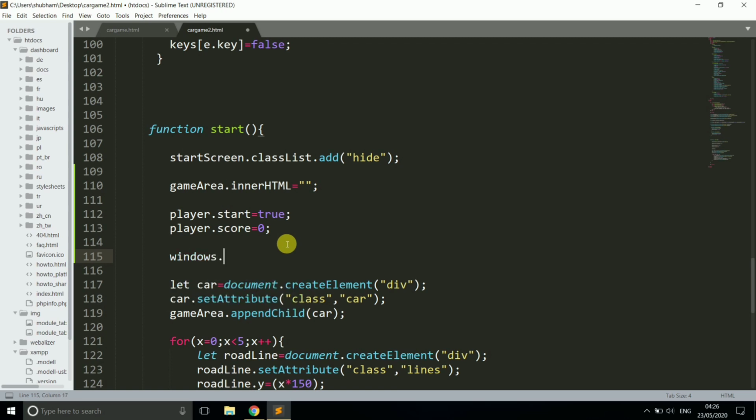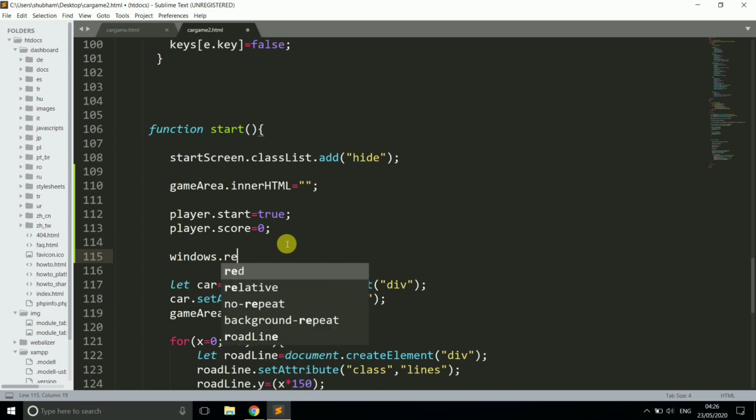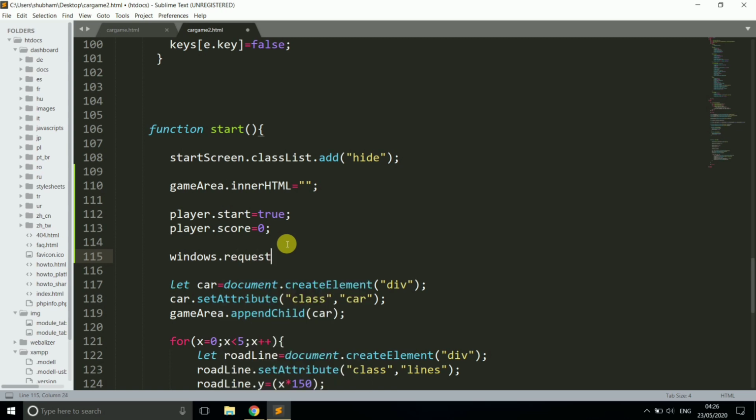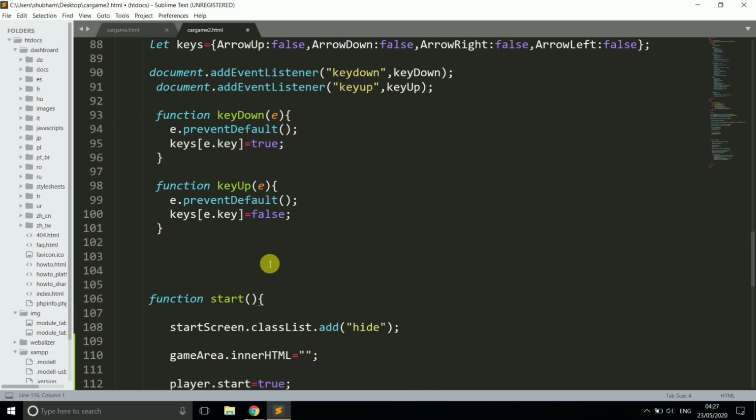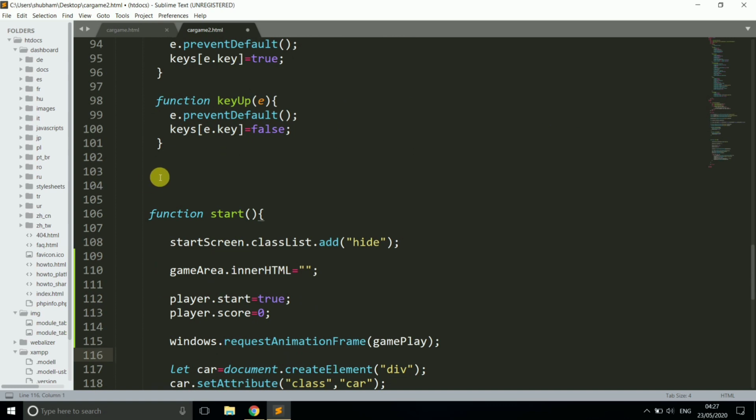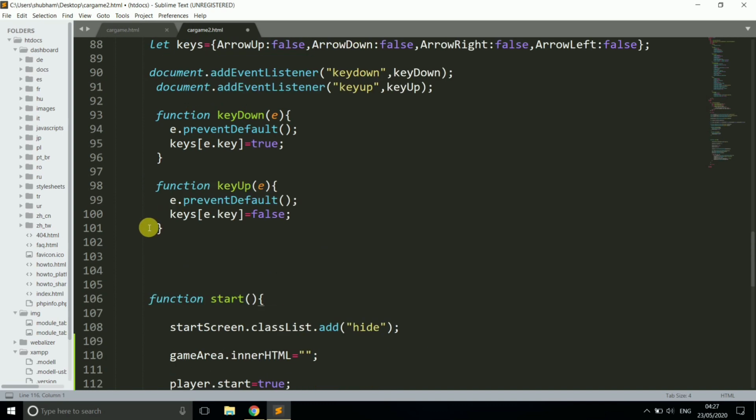Here we use requestAnimationFrame. Why do we use it? requestAnimationFrame gives us the animation to move a function, and here we call a function again and again. Just write window.requestAnimationFrame(gameplay). Here we used a function which is gameplay, so now just define this function.